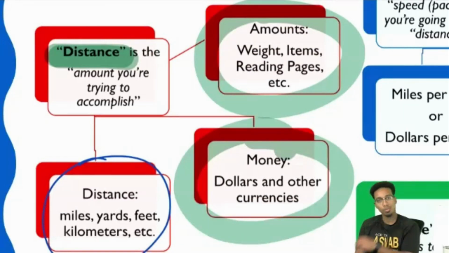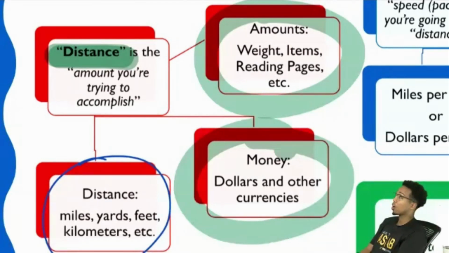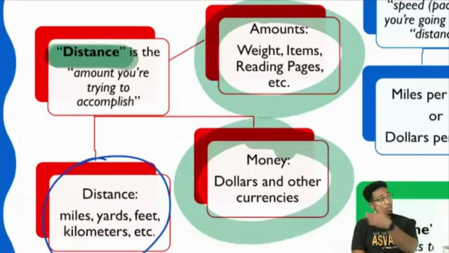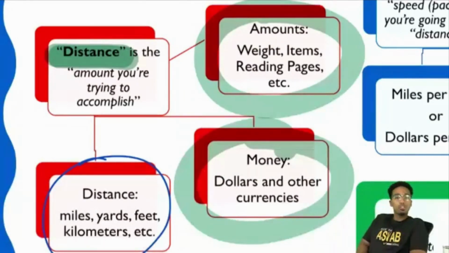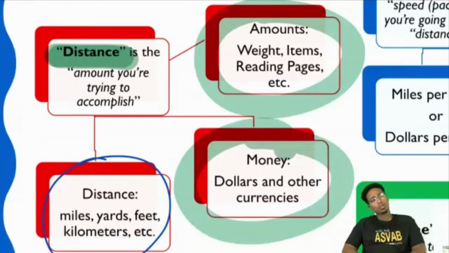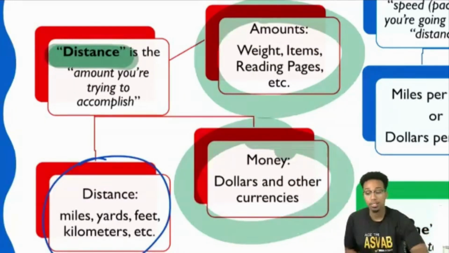Here's another example. Yes or no, has anyone heard of the example where you're talking about saving money? Let's say Wade over here is earning $18 an hour at his job. God bless him. And he wants to save $1,200 for a down payment for a new bike. How long will it take Wade to get the $1,200? Who here has heard of that? That is also distance, rate, time.